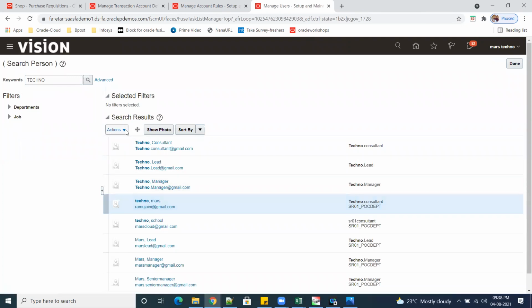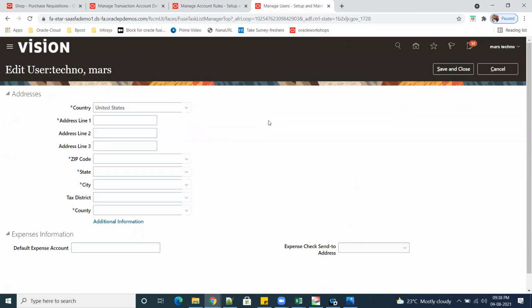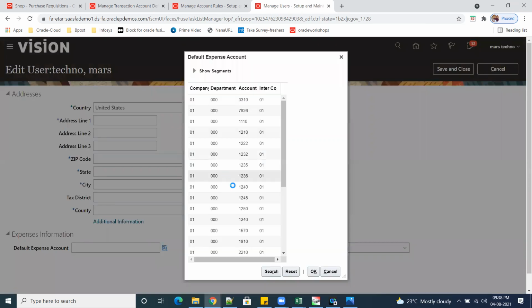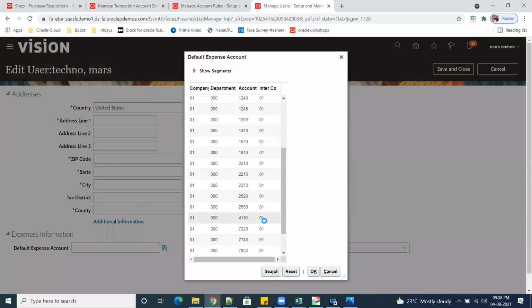Select this. Go to actions. Go to expense information. Okay, so give expense account here. Click on search. So provide some expense account.